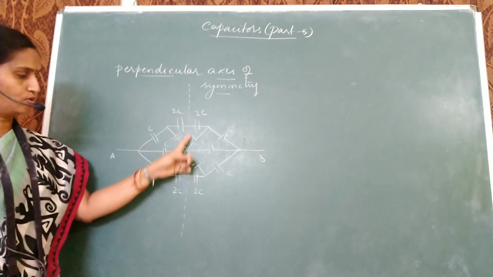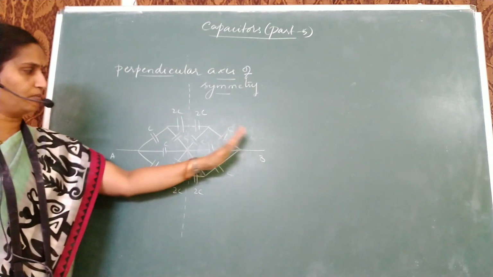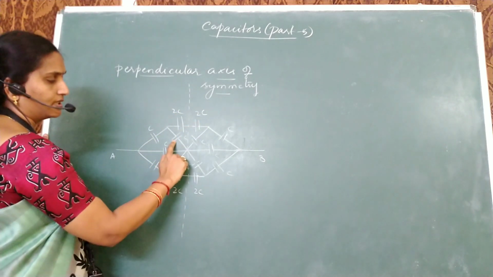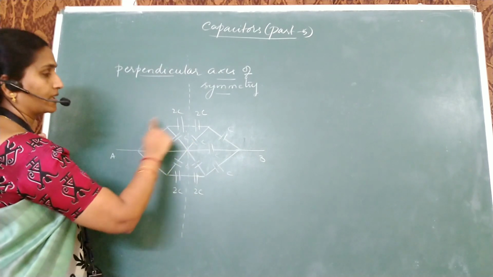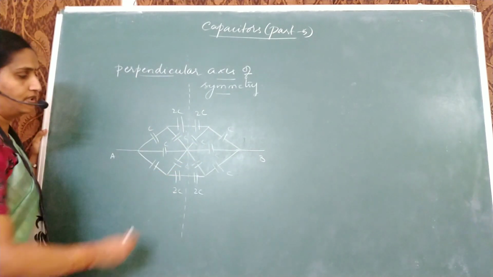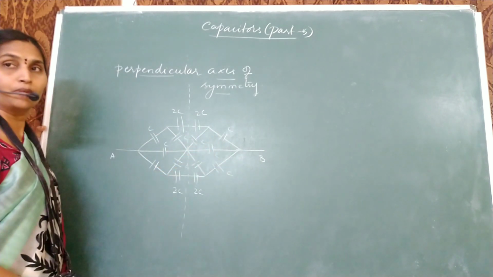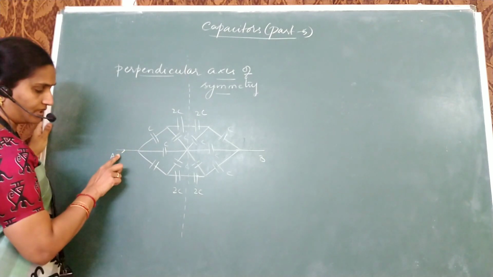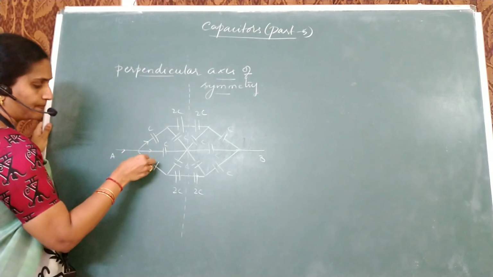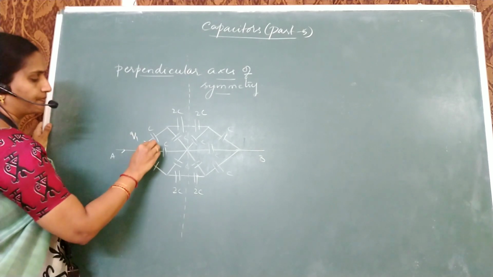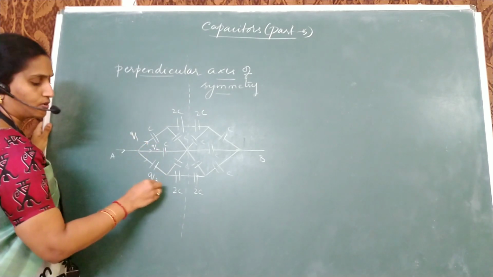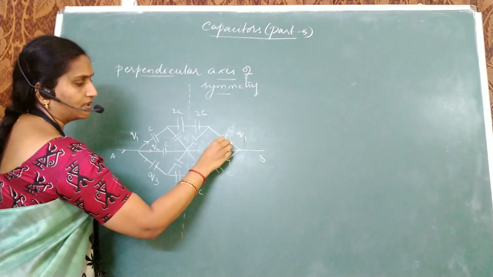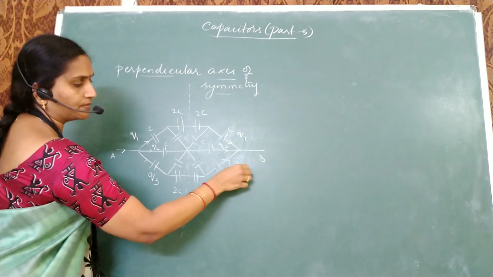Now if I divide this into two parts, left part is the mirror image of right. These two are equal and opposite to each other, mirror images of each other. These two are mirror images to each other. This and this are mirror images of each other. Since left and right parts of the circuit are mirror images, observe how the charge is divided. If this charge is divided into three parts, say Q1, central one is Q2 and Q3, it should come back as Q1, Q2, Q3.